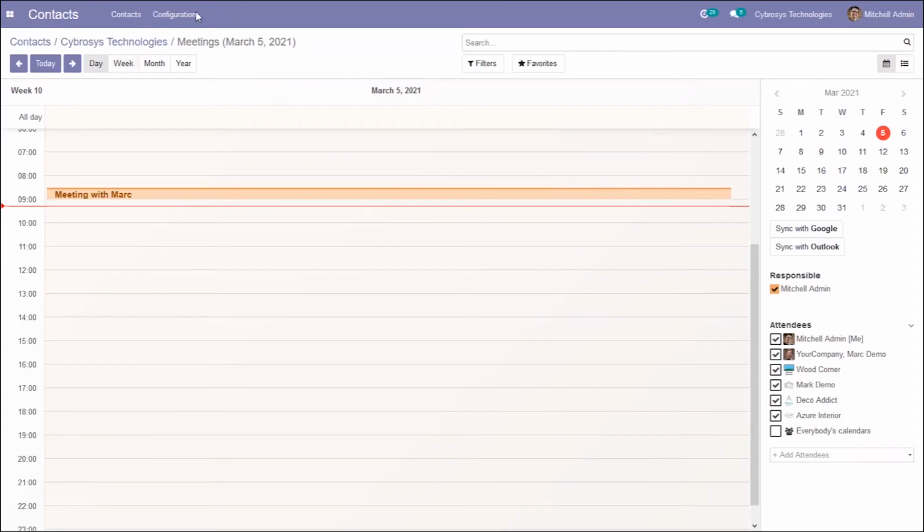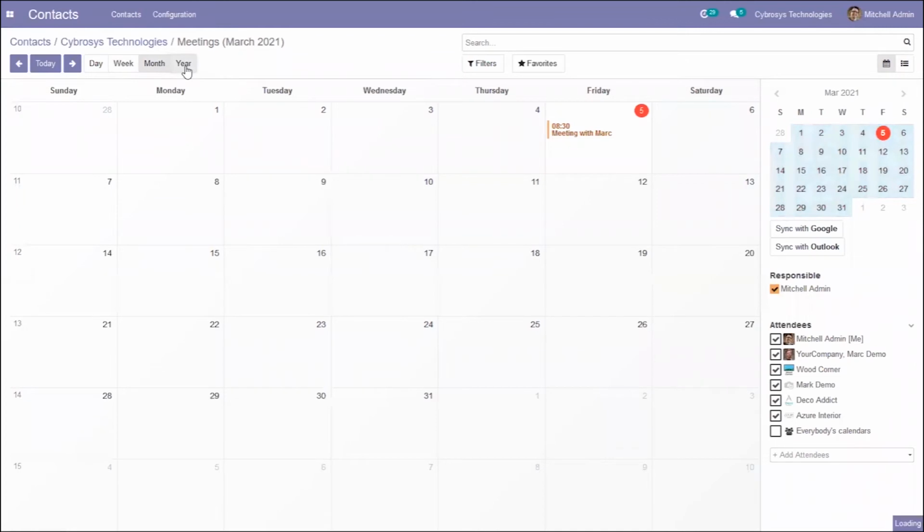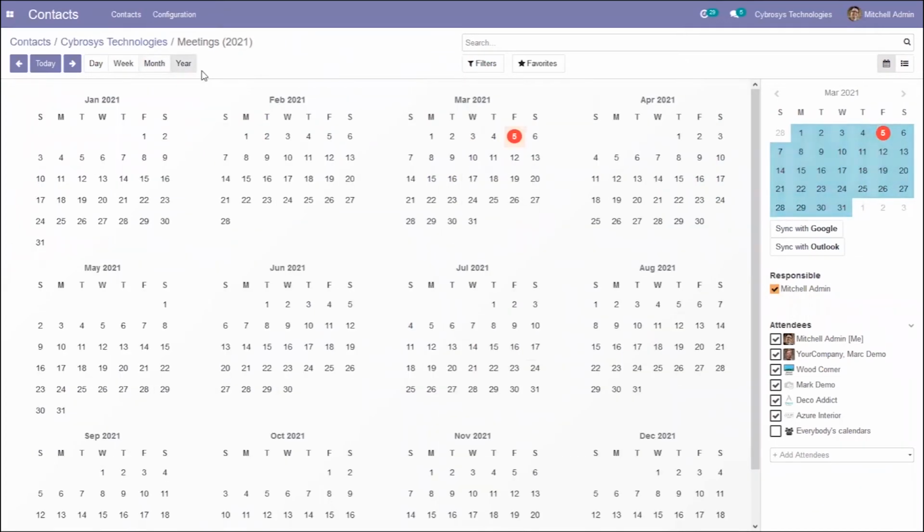So you can see the current day, then month, and we get an overview of the meetings scheduled in this year. And we can also view the previous scheduled meetings. That is, we can view the previous year, previous month or day, and we can use this next option to view the next, that is the meeting schedule in next year. And if you click on today, you can view the meetings planned, that is scheduled today.